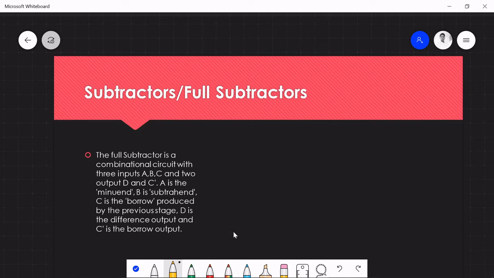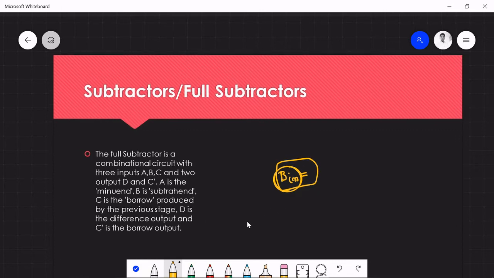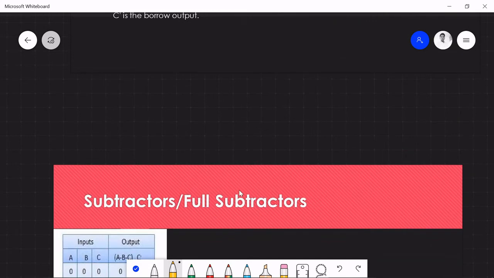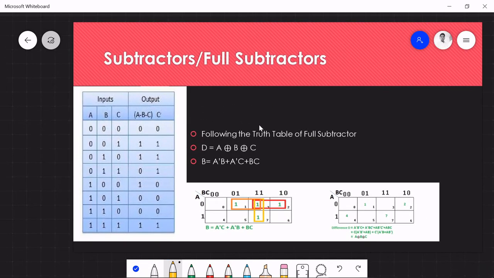Now let's see the full subtractor. The full subtractor differs from the half subtractor in that it has one more input, borrow in. Borrow in represents a previous borrow from any other bit, so it is simply represented as borrow in. It has the same two outputs, one is the difference and the other is the borrow out. Let's see the truth table of this subtractor. All the 8 combinations we just write: 0 0 0, 0 0 1, 0 1 0.